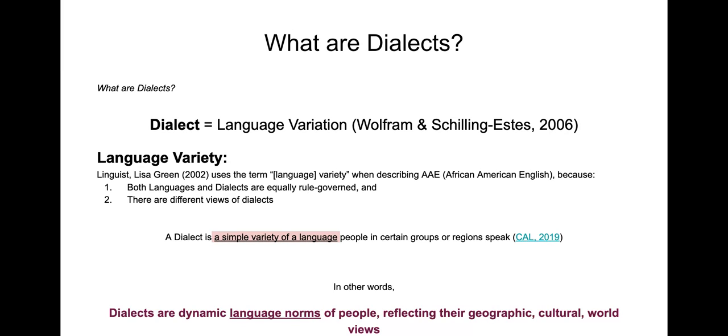If that's what an accent is, a dialect is going to be a language variation. It's a language variety. I like the term language variety that Lisa Green uses in her book, African American English: A Linguistic Introduction. I like how she uses it, because a dialect and a language are almost at the same level. I mean, there are dialects out there that literally have nothing in common, but they're dialects. And then there are languages out there that overlap tremendously, but they're two different languages.